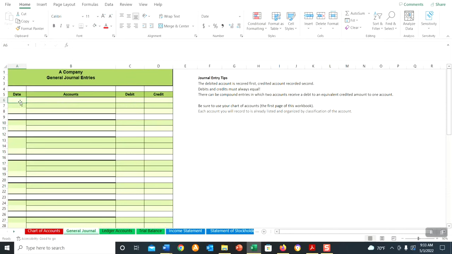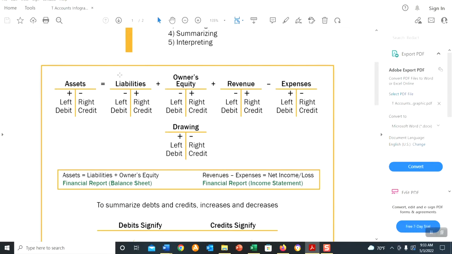Right, our next step is going to be determining what is debited and what is credited to record this as a journal entry. So if we go back to that T accounts infographic and we say, okay, we know cash is affected and cash is increasing, right? Cash is an asset, and assets increase on the left side or with a debit. We know that our liabilities or our debts are increasing, right? So liabilities increase with a credit or on the right side. And likewise, our owner's capital is increasing and capital increases on the right side. So what we're seeing here is that cash, the asset, is going to take the debit, and liabilities and owner's capital is going to take the credit based on those rules of debit and credit.